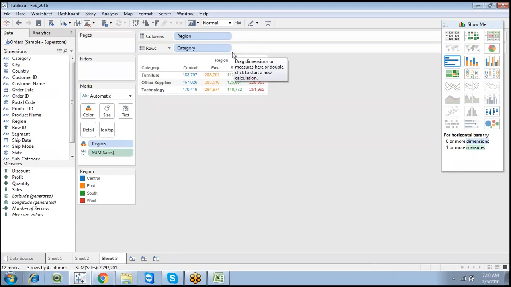So anything is possible, but it depends on the user requirement. Anything or everything is possible, but it depends on the user requirement. So we can create any particular report, but stick to the user requirement. And in a region wise sales or a category wise sales, you can apply some color, and you can increase the size of the labels.